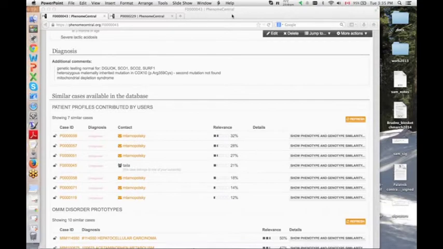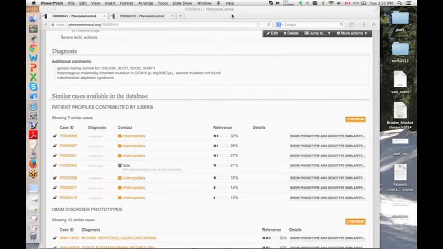Super. Okay, a couple of questions on informed consent. One question asked: does Phenome Central require that the patient sign an actual consent form, or do they just give their verbal permission to upload their data? And a second follow-on question regarding informed consent from patients: do they sign an IRB-approved consent form? So similar questions there.